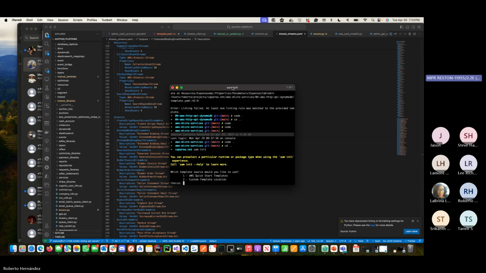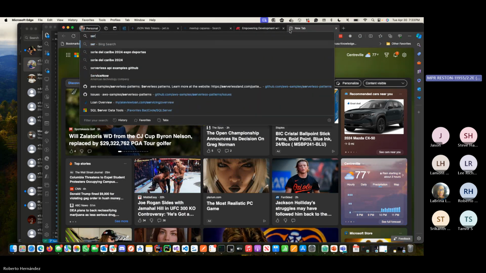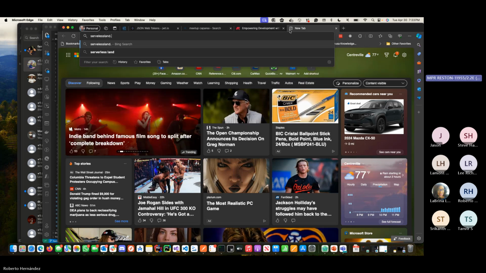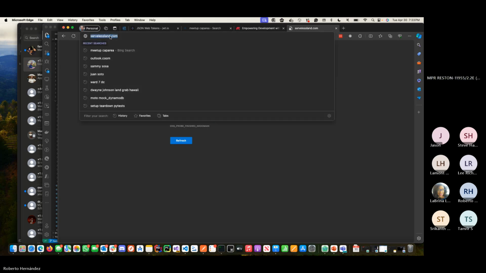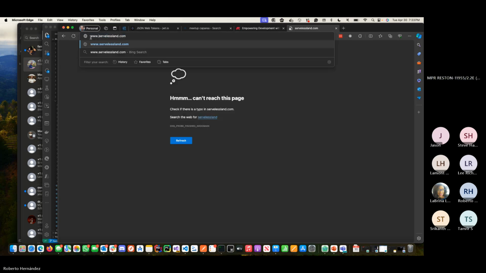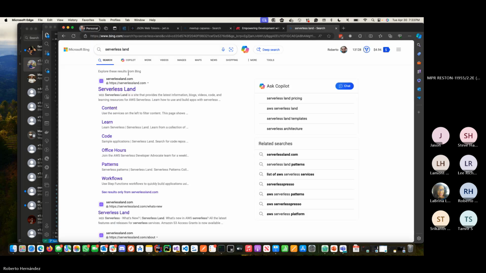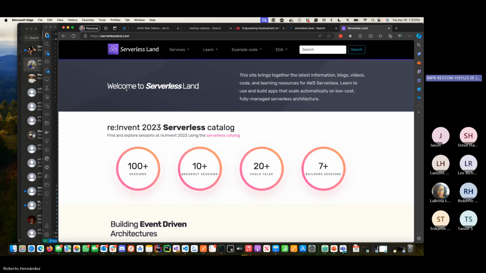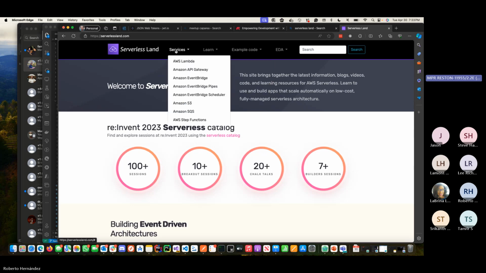Custom templates, there is a website where I think you will find templates for both SAM and the serverless product that I showed you called serverlessland.com. Okay. So there's a bunch of templates there that you could use. And documentation, guides, etc., different use cases on when to use each one of those different products that we saw that we can actually implement. Now back to